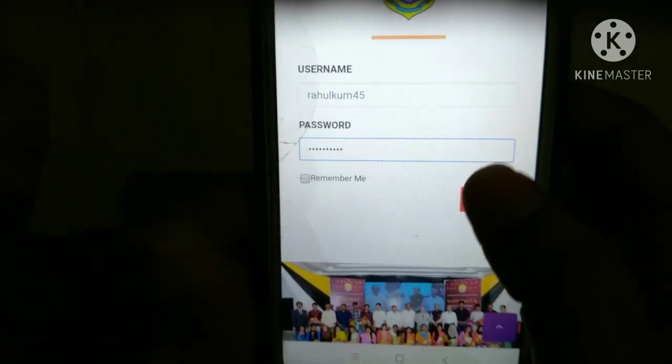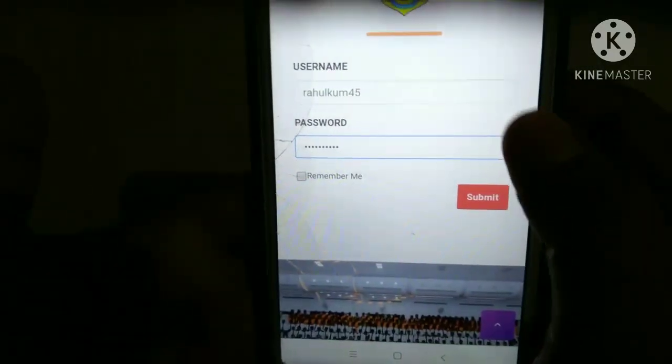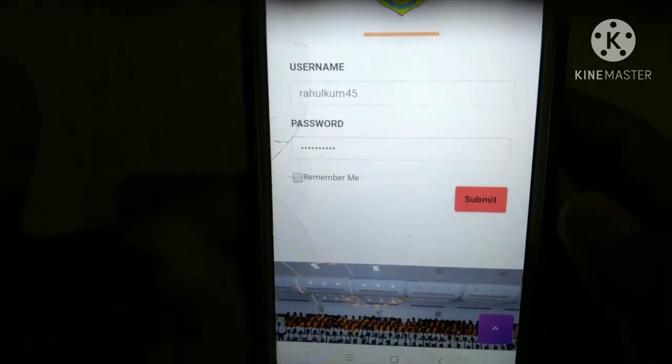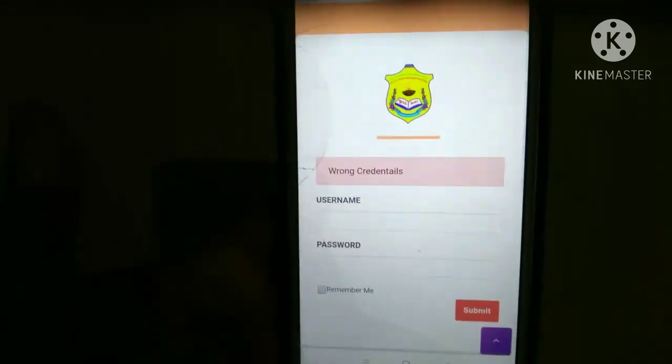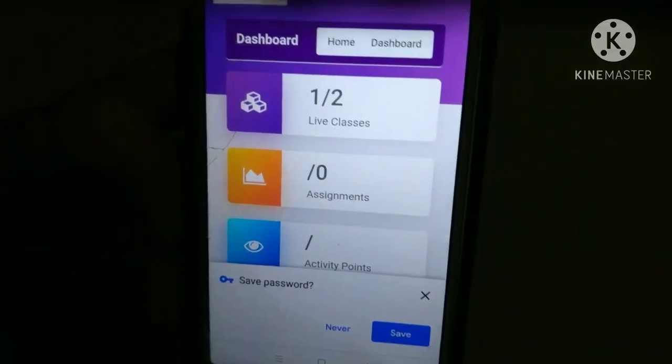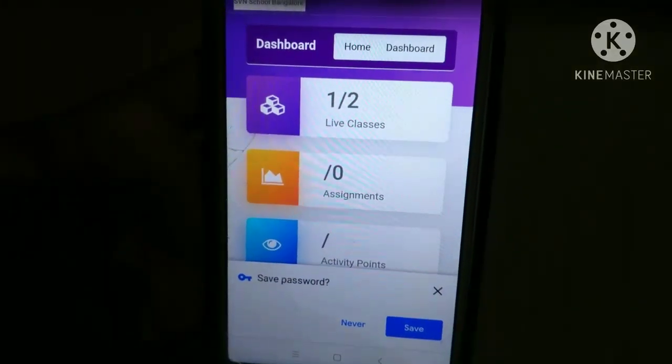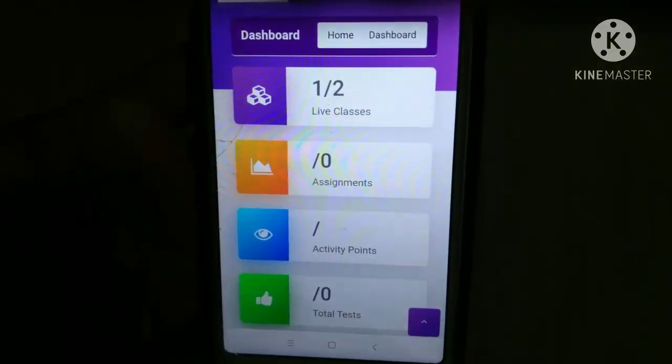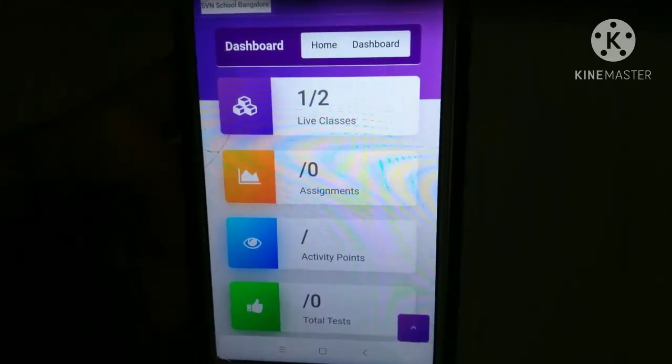Okay, now after entering the username and password, I'll press submit. Okay, after submitting, if you want you can save there.